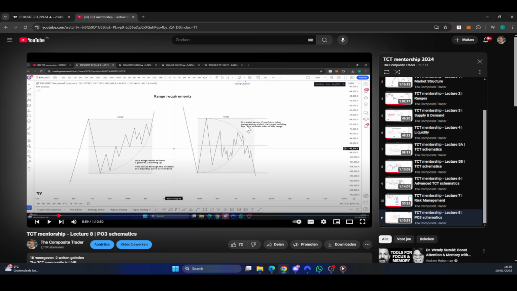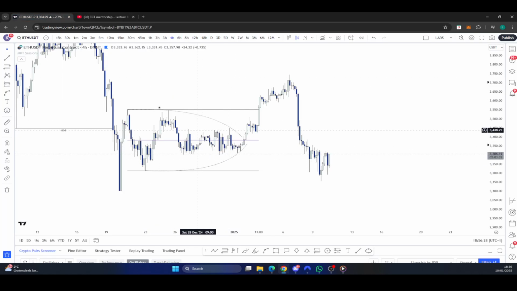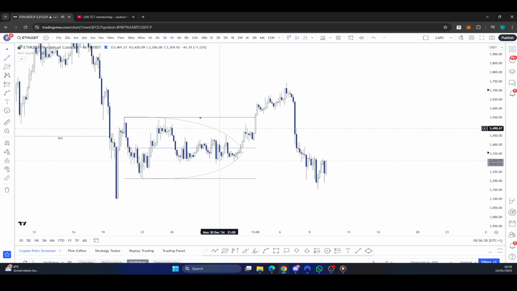And here, quote unquote, it is even better if you have price compressing within the range, building liquidity on both sides, right? So as you can see, it's even better if you are compressing within the range, and we were compressing within the range. And then what followed? An aggressive push towards the upside. And I also say in the video, the more aggressive that you push towards the upside, the better it is